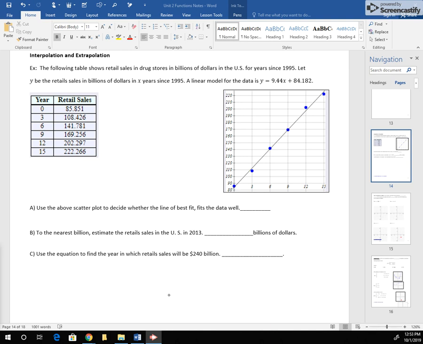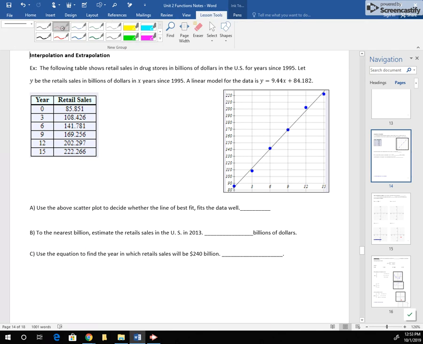And we want to use that model. If they give you this, you don't have to write your own, but if they give you this, we want to use the equation to try and answer the questions below. But before we do that, let's take a look at and get an idea of what's going on here. So it says the